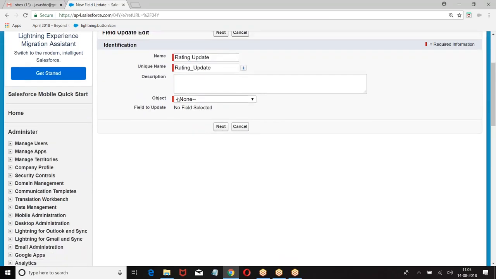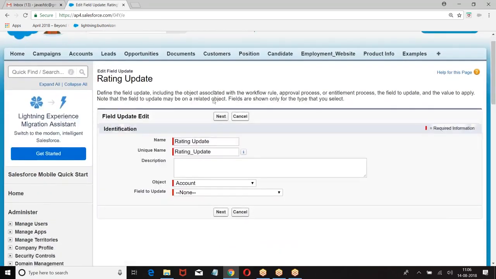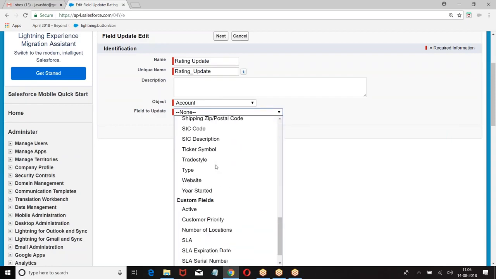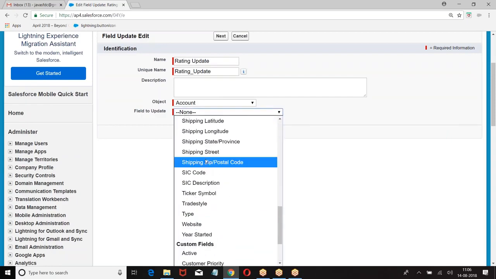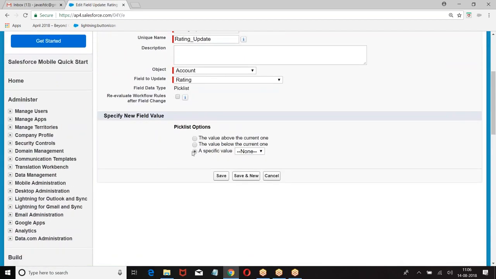Rating update. On which object are you creating this update? Account. Right. Then which field do you want to update? I want to update rating. Then what is the value?